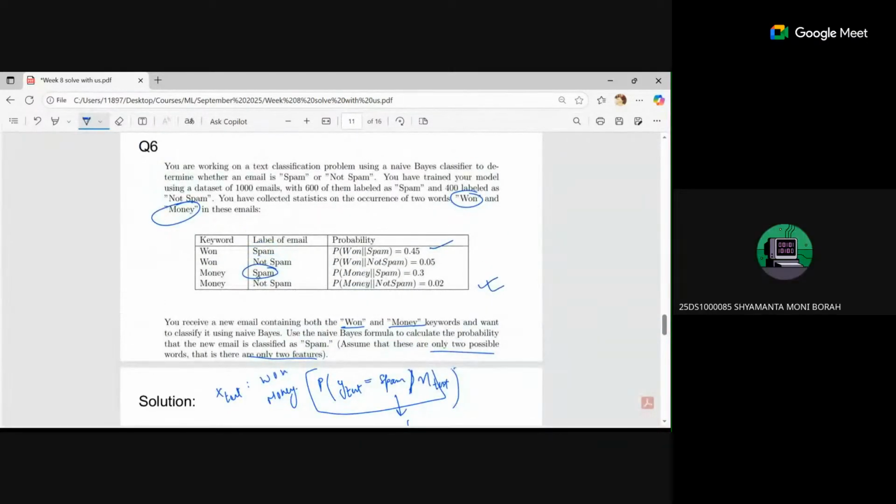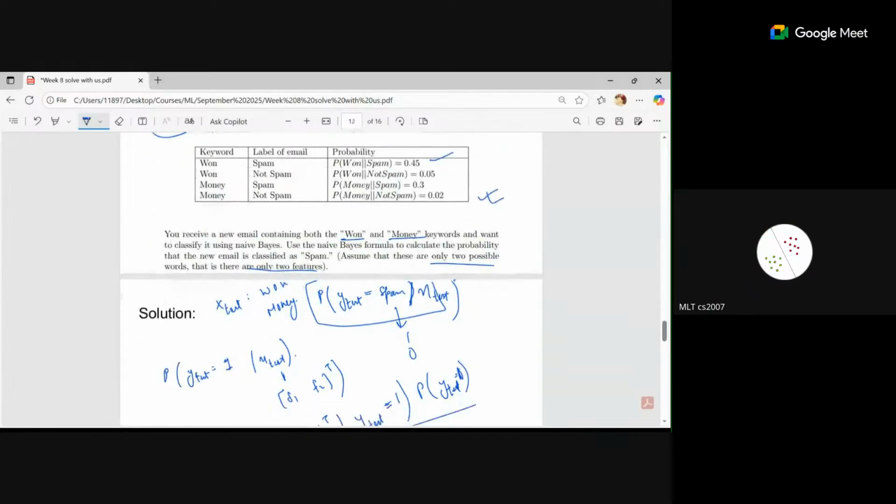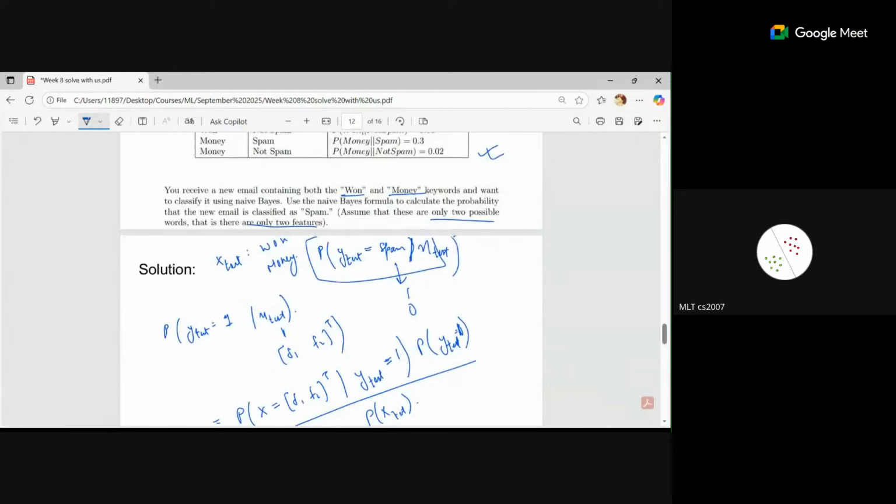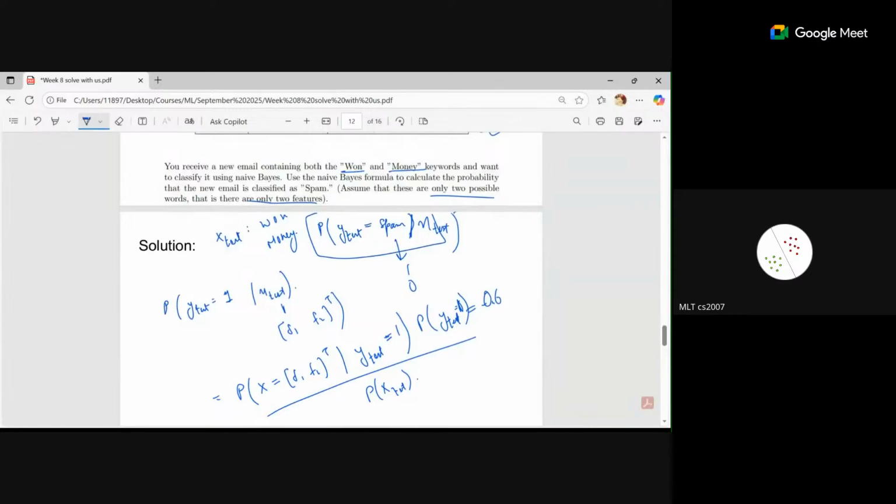Sorry, this is 0.6, no? Correct, 0.6. Yes, 0.6. So this is given to be 0.6. Now, what is the probability of